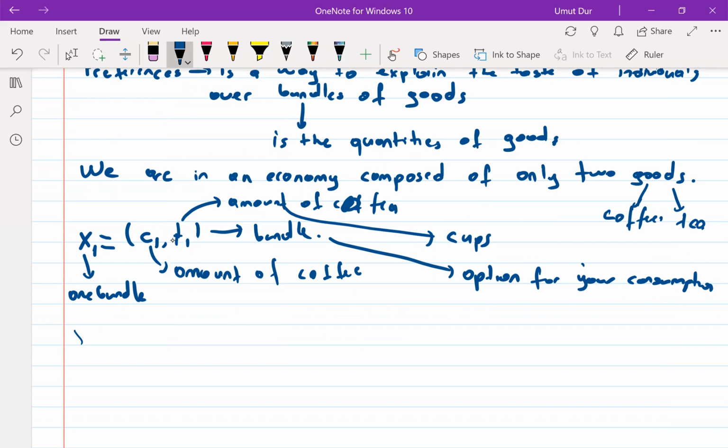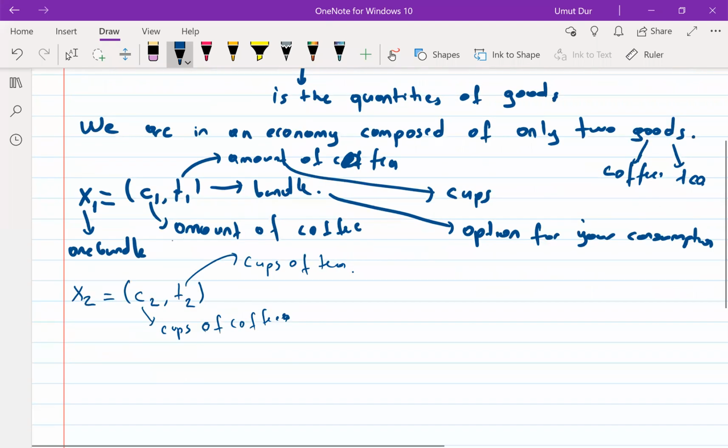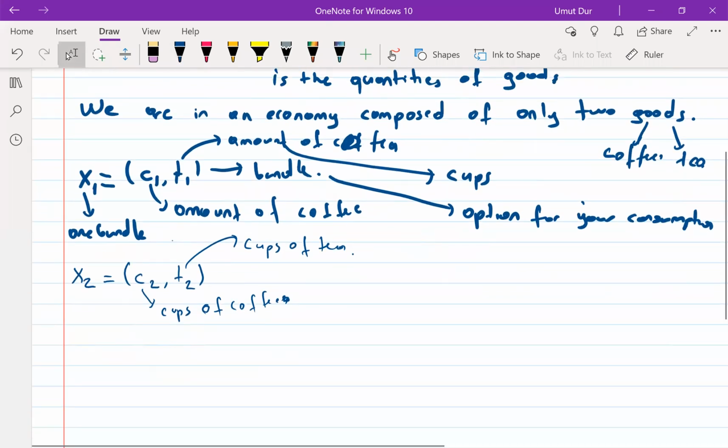Let's say we are considering an alternative bundle, which is composed of c2, t2. Again, c2 and t2 are the amounts: some cups of coffee, and some cups of tea. And we are interested in how you rank